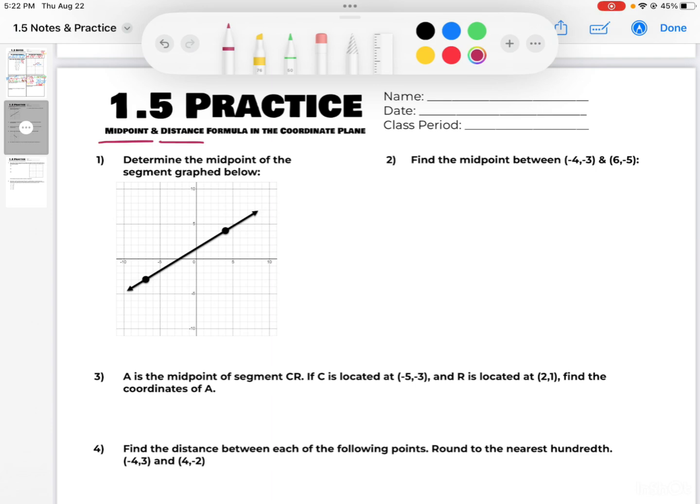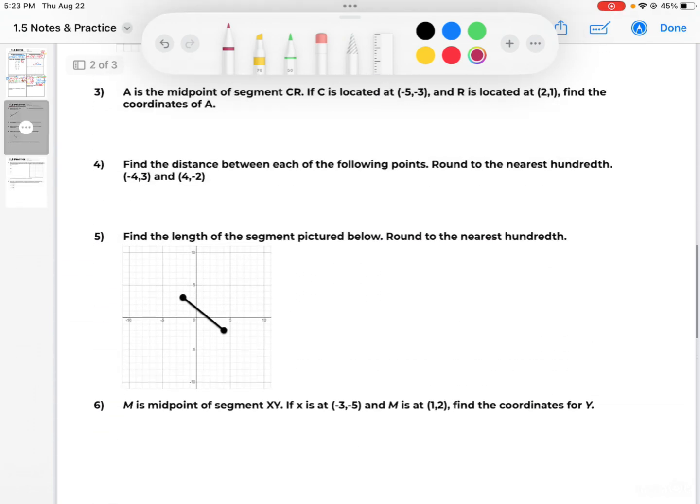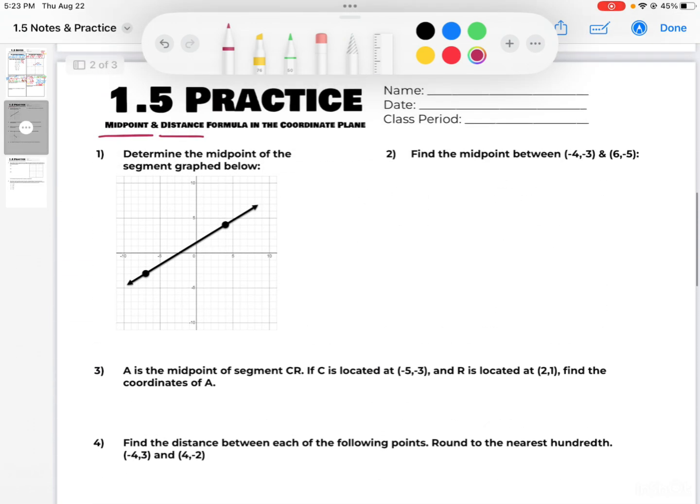So I'm just going to work a few through here. There are only in total 8 questions, so I'm not going to do more than half of them. To get started, I'm just going to give you some help with number one. My advice to you on number one is that you have to go ahead and determine what the points are. So you can go ahead and letter them, name them whatever you want, but then you also need to figure